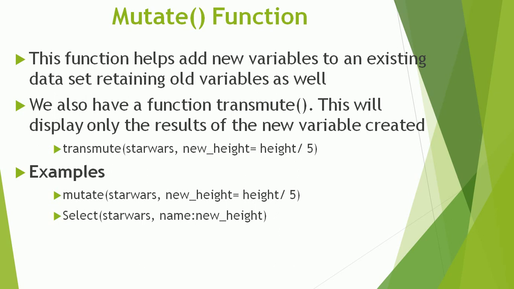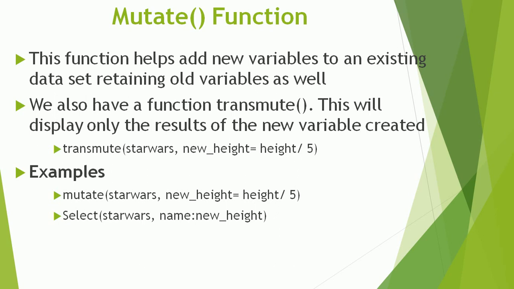Now most of the time when you are printing this result, you may not see where your column has been formed because the R console area is very small. In a data set with 20-30 variables, looking for your 31st variable at the end may become cumbersome. So in that case we make use of the transmute function. If you use transmute instead of mutate, it displays only the new variable. That means it will not give you the entire data set result. It will only give you the result of the new variable that you have created.